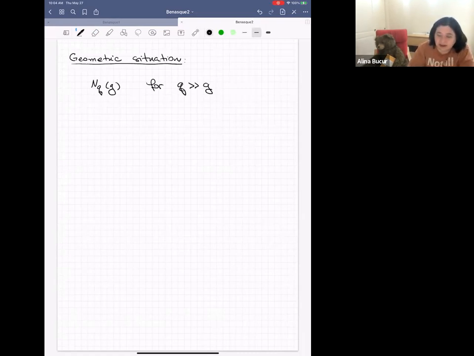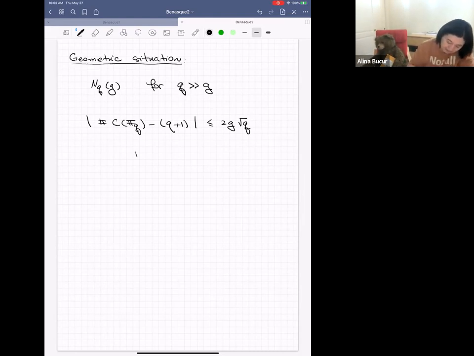So let's take a little bit of a step back and see what we can say about this. If you look at the number of points on a curve of genus G over FQ, and you look at how far it is from Q plus 1, then the Weil bound gives you 2G square root of Q. So this is a different situation than the Drinfeld-Vladut one, which is the large genus G situation. Here we have this one. And of course, if you really spell this out, what it tells you is that the number of points is between this guy